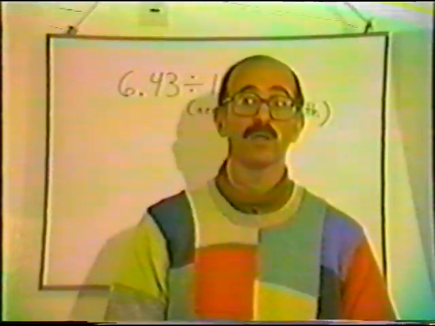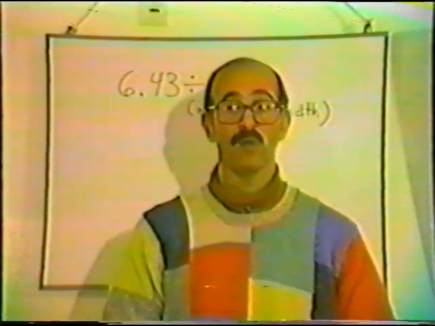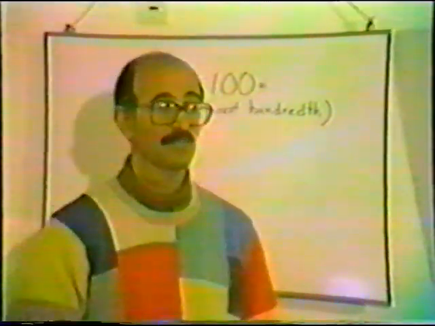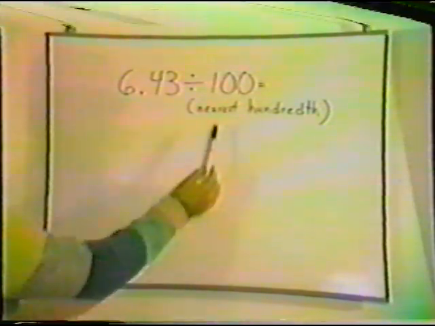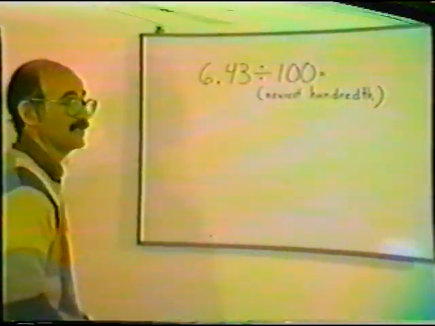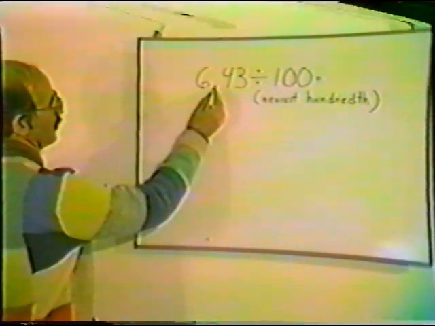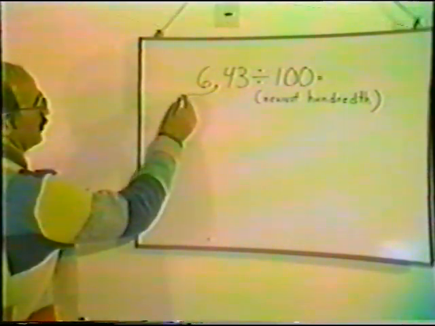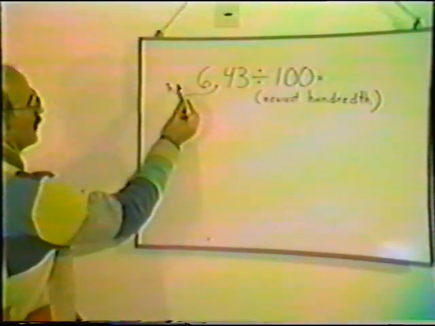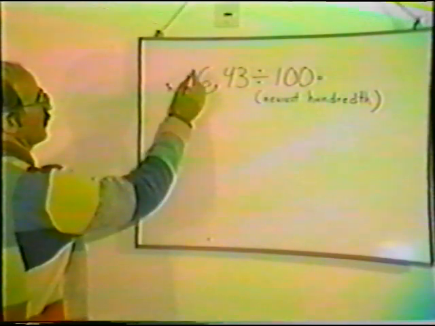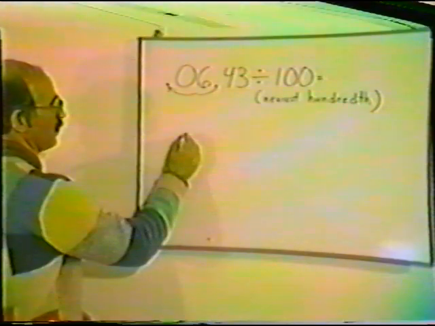This time we're going to divide by 100. When we divide, we move the decimal point to the left. And when it's by 100, how many places do we move it? 2. It starts here and it goes 1, 2 places to the left. What do I put in the empty place? 0. The answer then I would write is